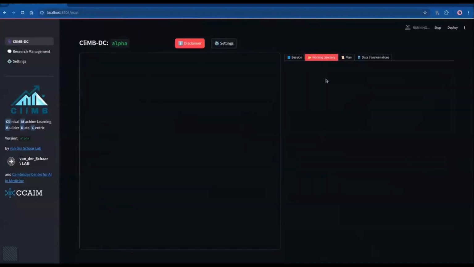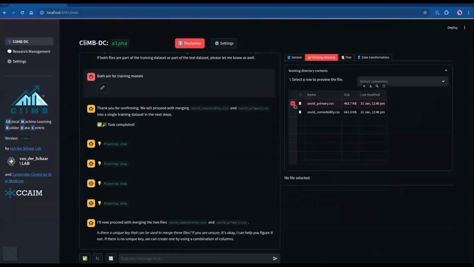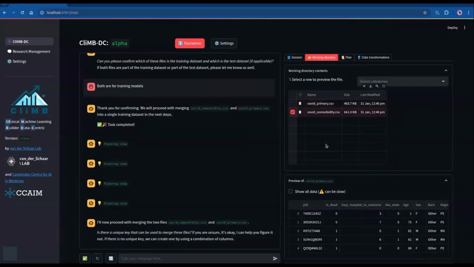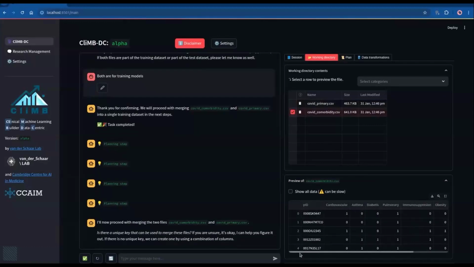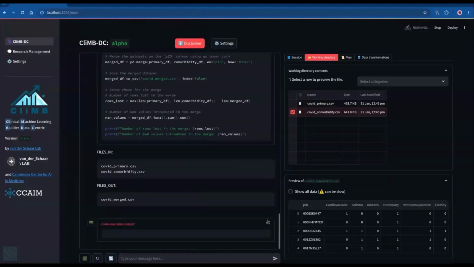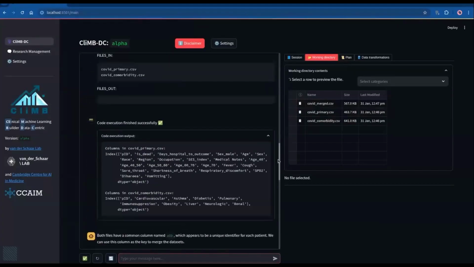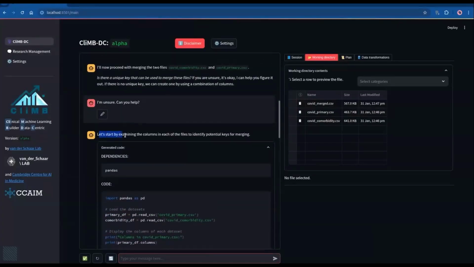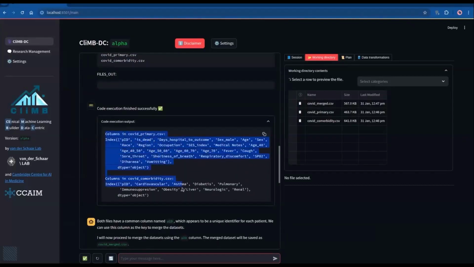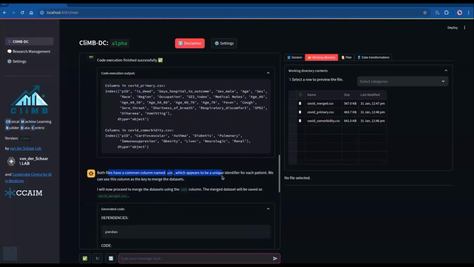In Climb DC, because there is an interface on the right, the dashboard, you can preview the files and quite easily figure out, oh, yes, I have this PID column. But we can also leverage the intelligence of large language models and say, well, I'm unsure, could you help me? And it will try to figure it out on its own. So it will write some code. If we go back, we see that it says, let's examine the columns found in each data set. It writes the code to do that and looks at the column names. Then it says, I figured out that probably it's going to be this PID column. Let me now write code that will join these data sets together for you straight away. And so it's done that.